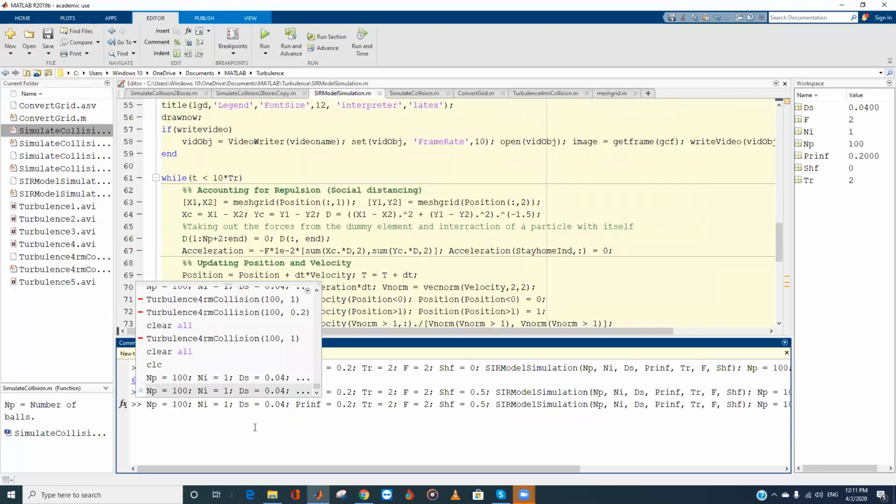But the other things that we can change are the one I am touching, which is the probability of infection, which is your personal hygiene; the time that someone is removed, that is how effective the government is; then F, which is the repulsive function, a measure of social distancing; and then the stay at home. Those 4 parameters. So we've checked stay at home. It helps to reduce the number of people that get infected, all right?